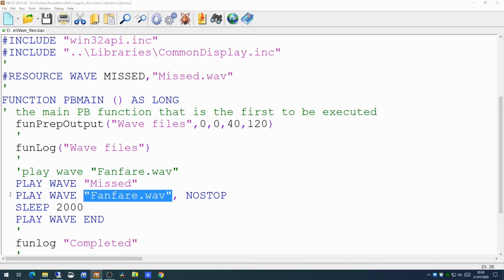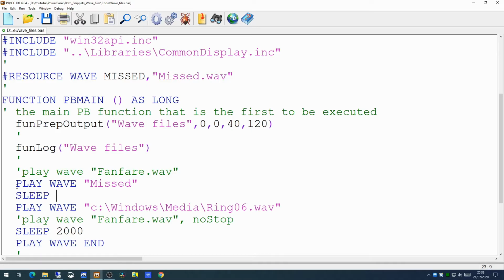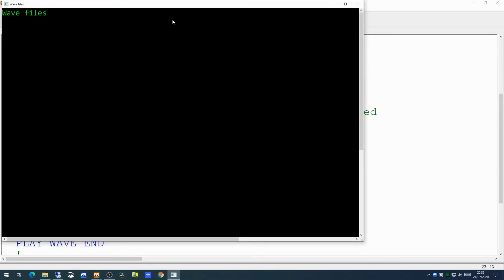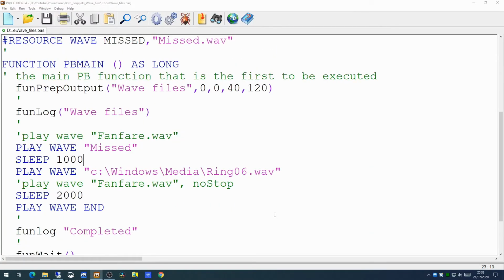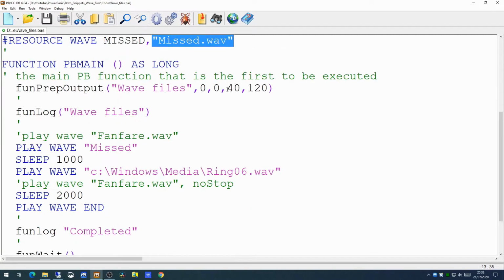You can of course make use of WAV files which ship with Windows. So if we add one or two of them on, you'll see how easy it is to actually either embed your WAV files within the application itself, in which case they don't have to ship with your exe,